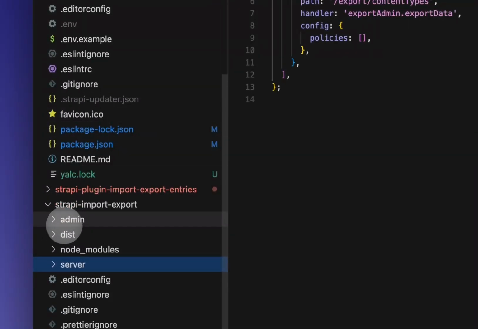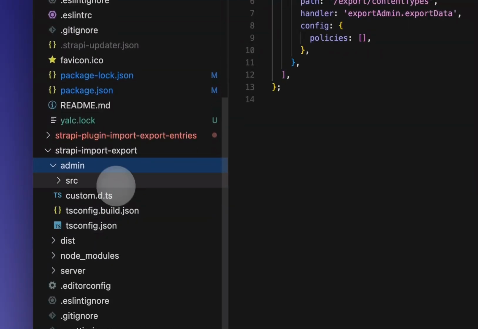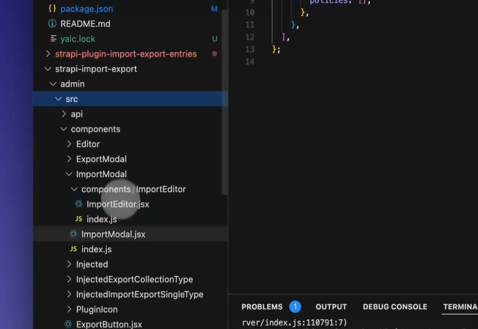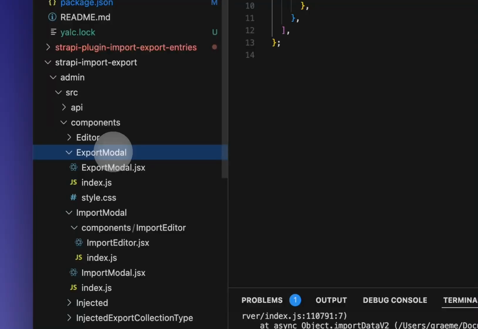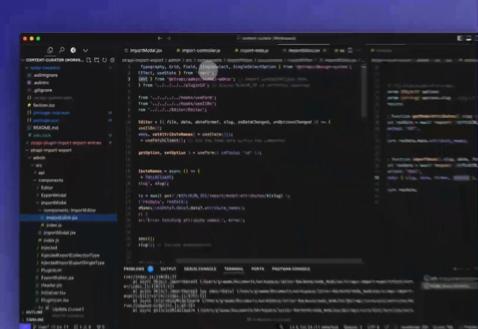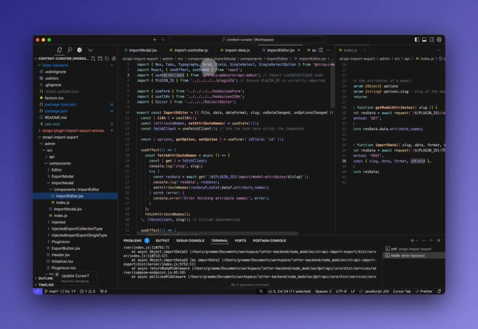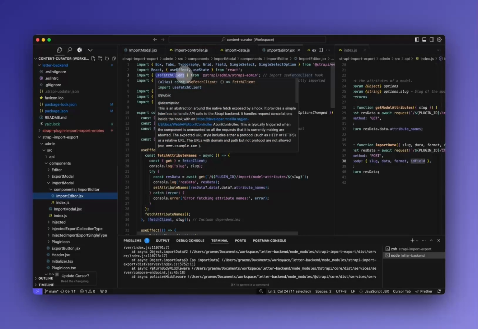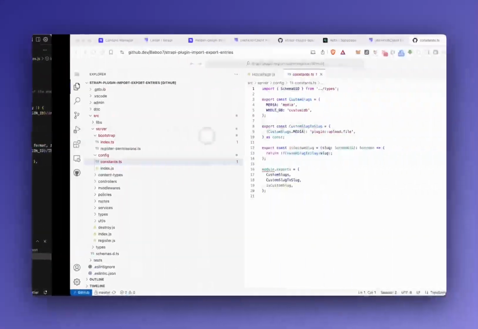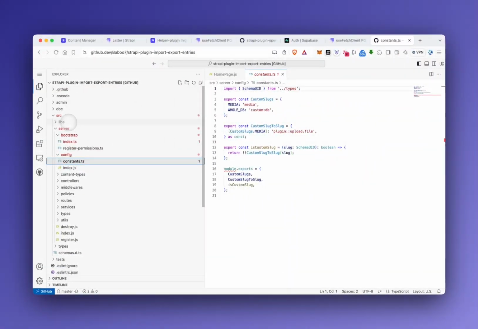And on the admin side, the admin panel, I've only done the import stuff. So the export modal isn't done. And there was loads of stuff to change in here, like using the Strapi design system for certain things, and a lot of stuff was taken away, which broke the layouts. I think it was called something layout. Let's have a look in